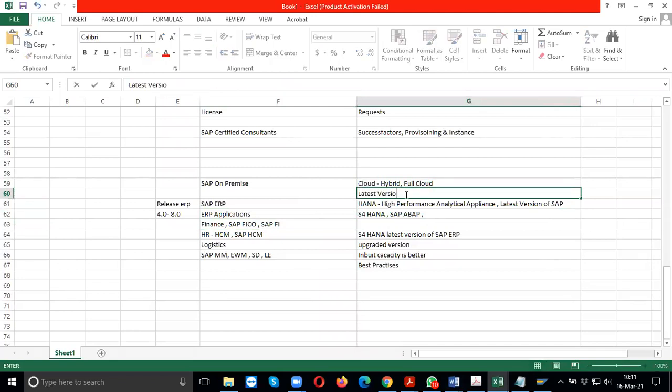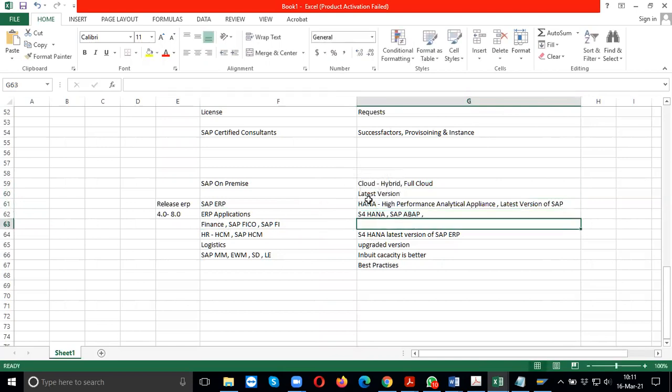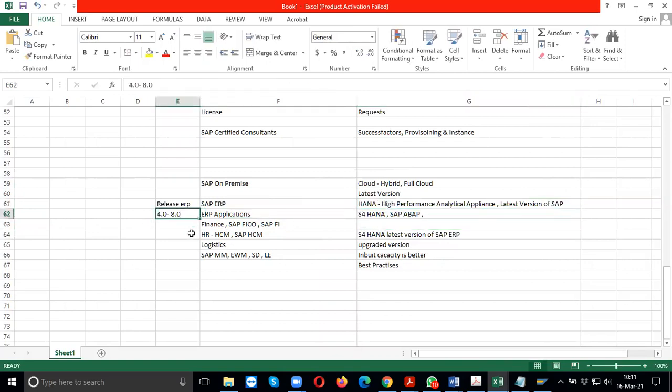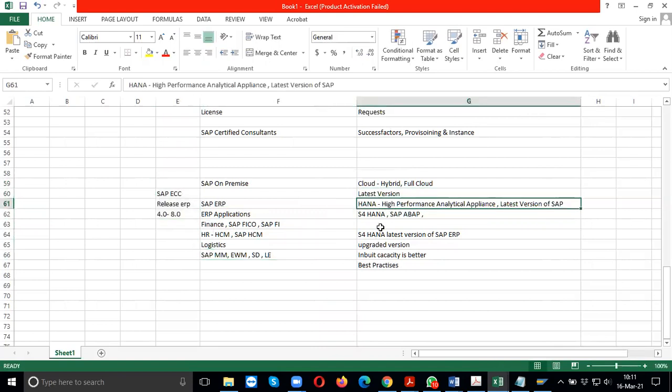But out of this HANA part, why are they saying SAP? They should have called it SAP version 10.0, right? They haven't. Earlier they used to say SAP ECC, then there were the versions. Now they are saying HANA, that is High Performance Analytical Appliance. Why? Because HANA was not an SAP solution. It was taken over by SAP. But it is nothing, just the latest version.